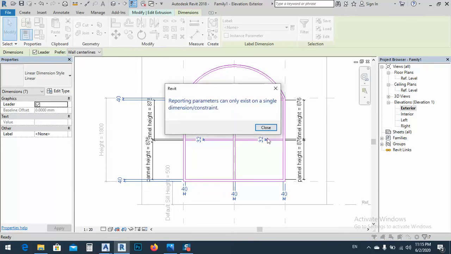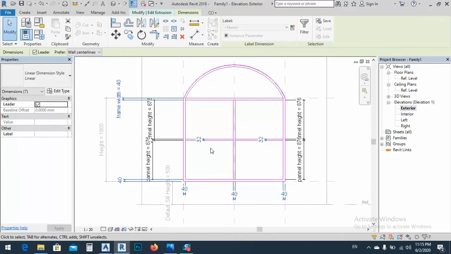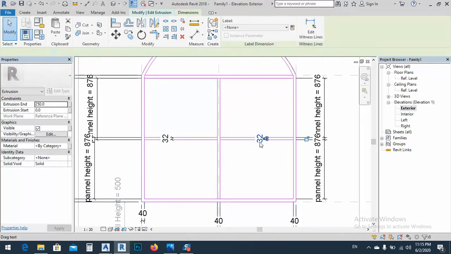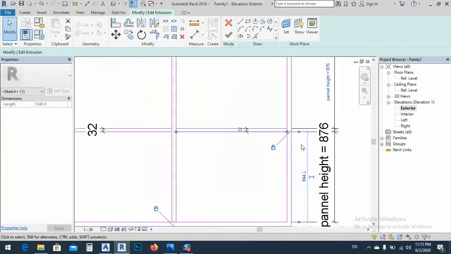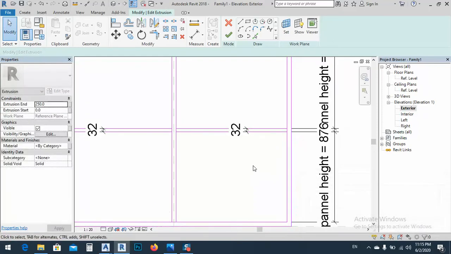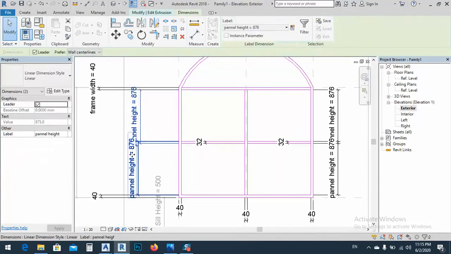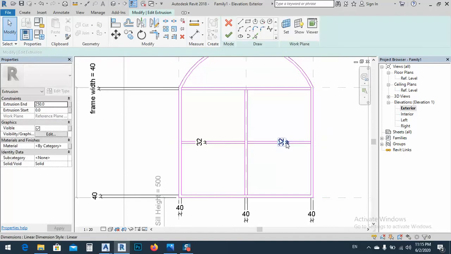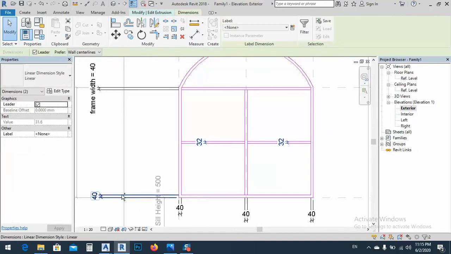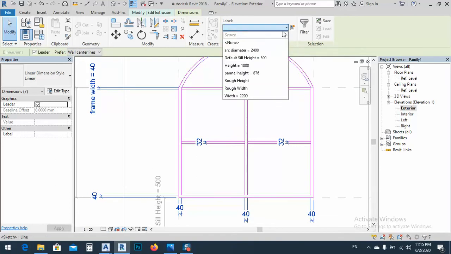Because there is some constraint, I think we have this problem, but we can solve it, no problem. Let me just select this one, and maybe if we change this one to 40, you see the problem is here. So how can I solve this one? I can delete this one first. Okay, and now let me check all these widths. We have the frame width, sorry,